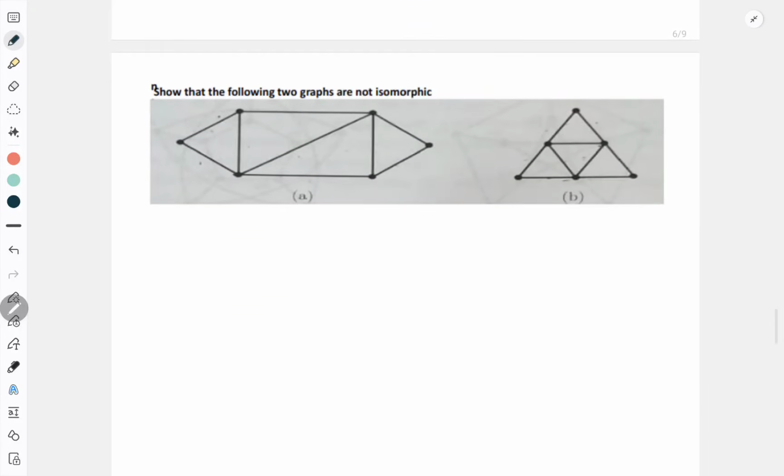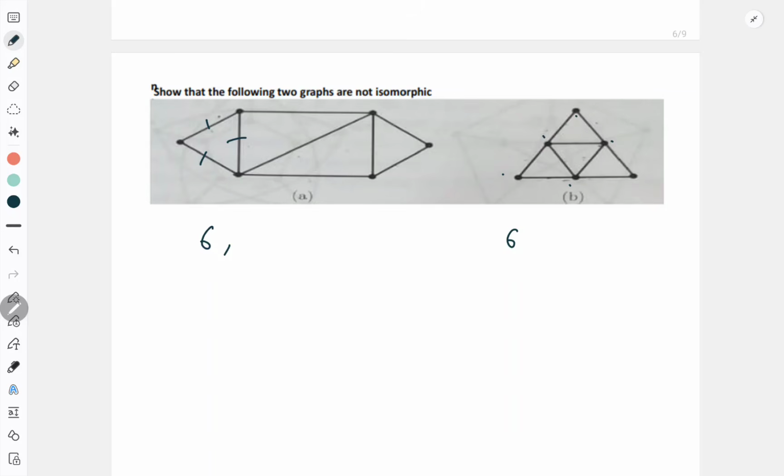So I think this is a little different orientation, we have done the same question. Now we have to show that these two graphs are not isomorphic. Not isomorphic is very easy to work. Now count how many vertices are there: 3, 4, 5, 6. 6 vertices. How many vertices here? 1, 2, 3, 4, 5, 6. 6 vertices. Now the number of edges.